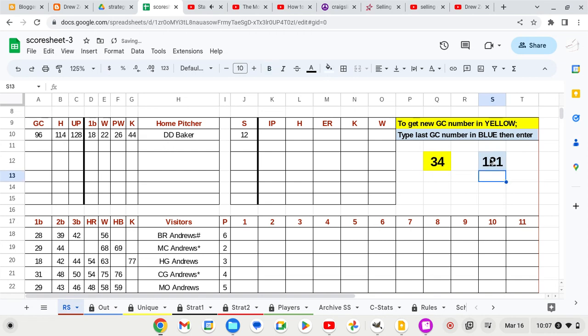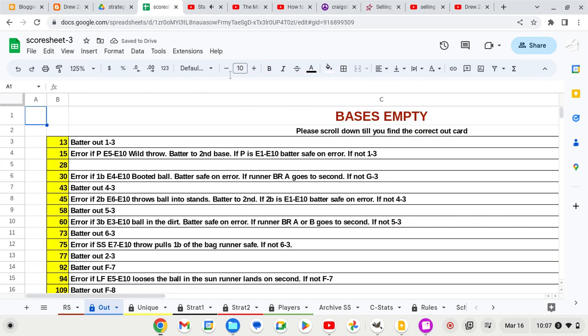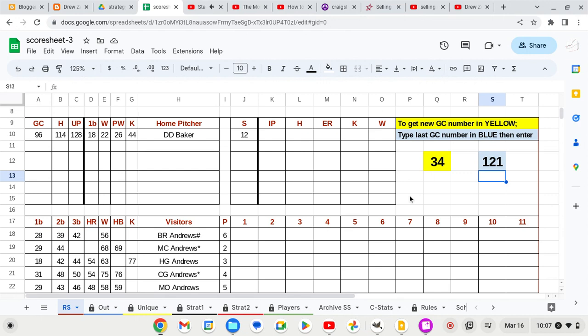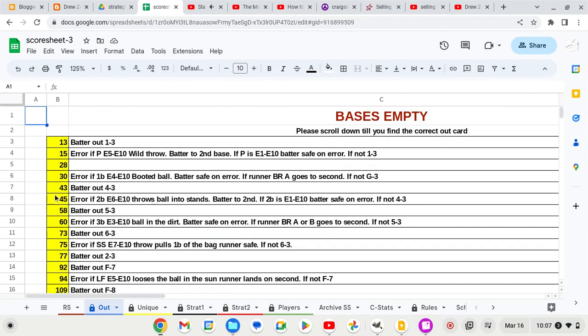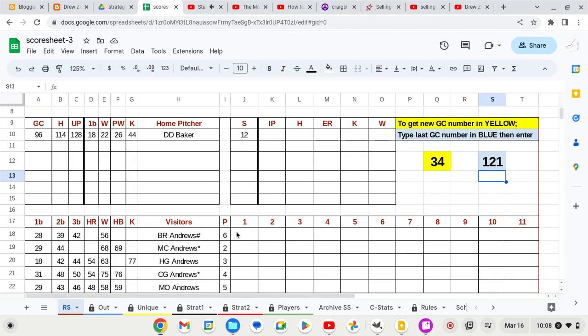Our new random number is 34, so we go to the out charts. In the out charts here, we have the bases are empty, and the random number is 34. We go back over to here on the out chart, bases empty 34. Between 30 and 43 would be the batter out 4-3, so that runner's out 4-3. Come back over here, and Mr. B.R. Andrews is out